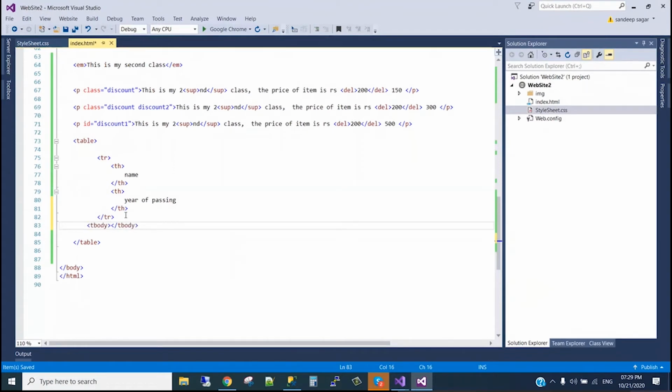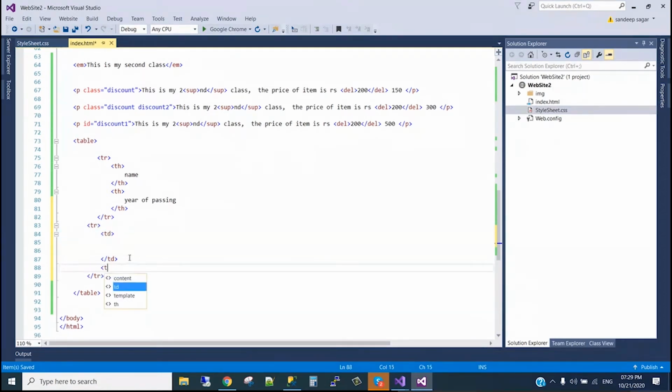So we can use tbody, like we had thead. Or we can directly do tr, and inside tr we can use td, whatever we want. In the tbody we can keep the tr and tds. If we don't want tbody, we can directly do td. Tr is one row and td becomes a column. If we do two td, we have two columns.